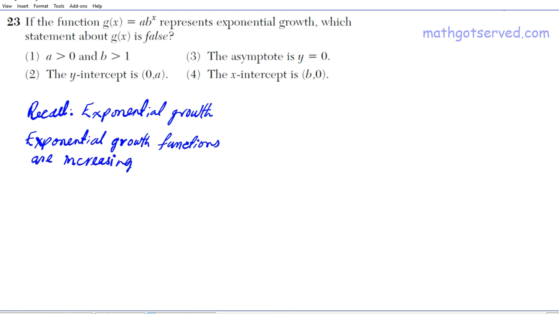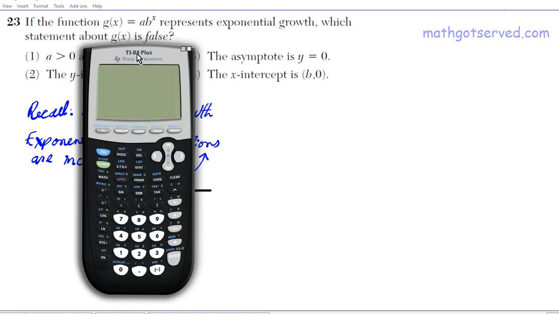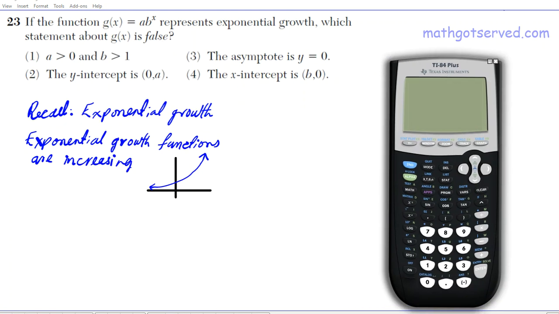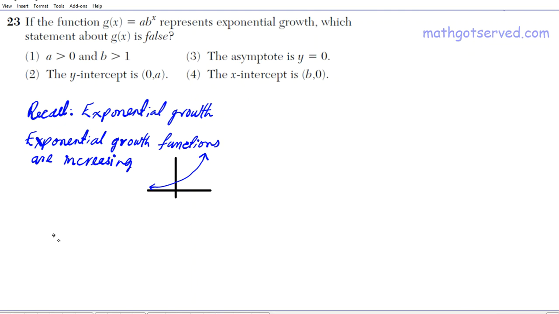So just to sketch it for you, it looks something like this. You have a horizontal asymptote at y equals 0, and then it just goes like this. It increases in that direction. Alright, so this is an example of exponential growth. Alright, so let's take a look at option 1. It says a is positive and b is greater than 1. Let's go ahead and test that out. So for option 1,